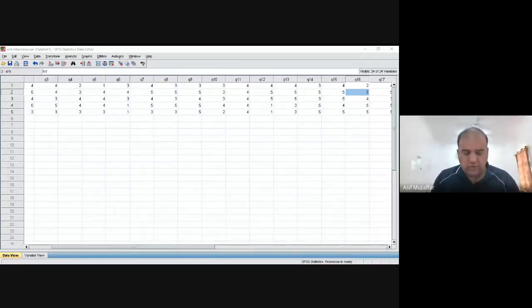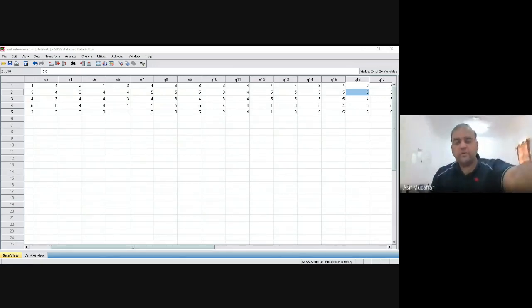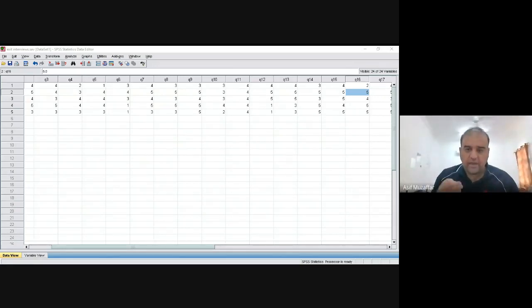And then when you go to descriptive statistics, many options will open. You have to choose the first one, which is frequencies. Here you can choose different types of descriptive measures like mean, median, mode, or some chart. Whatever you want to make, you can do that. So this is one important option for descriptive statistics.